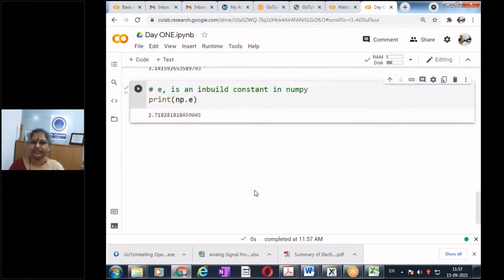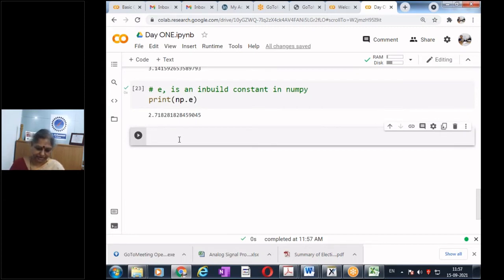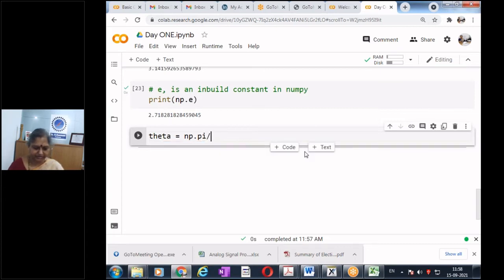Now just see whether we can do some operations by using e. Let us say I call theta as np.pi by 4.